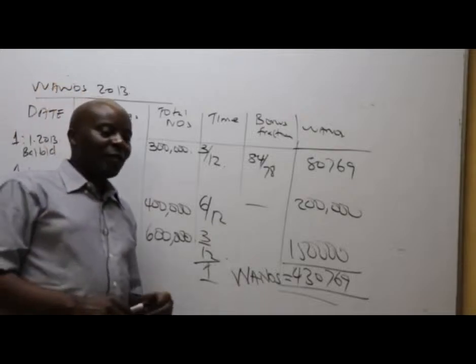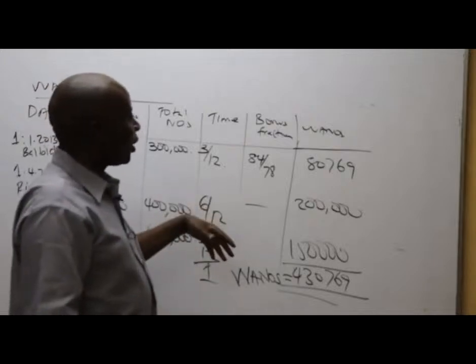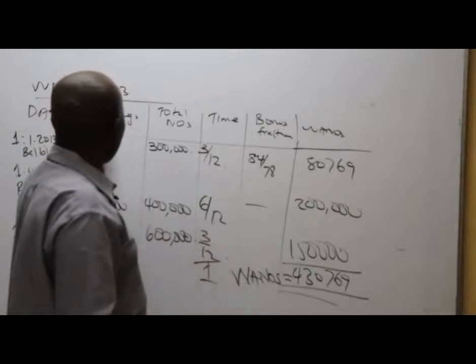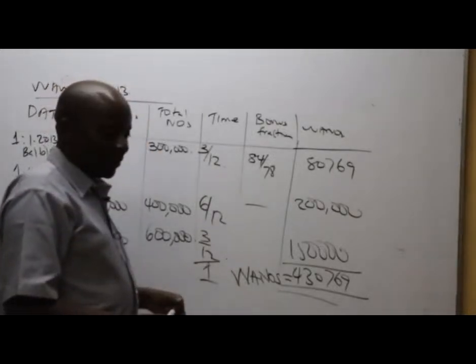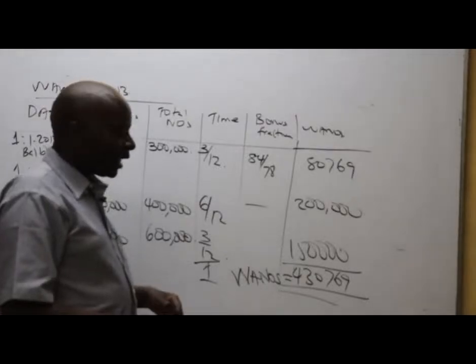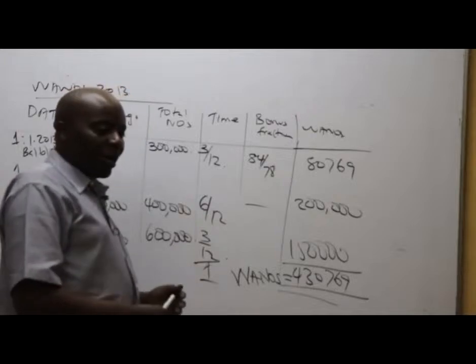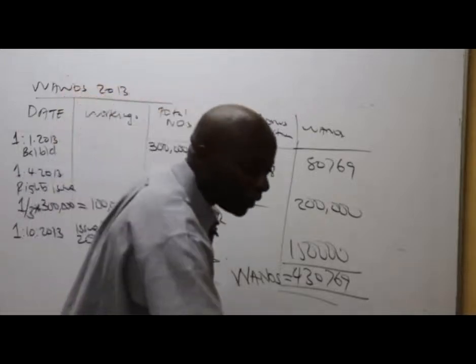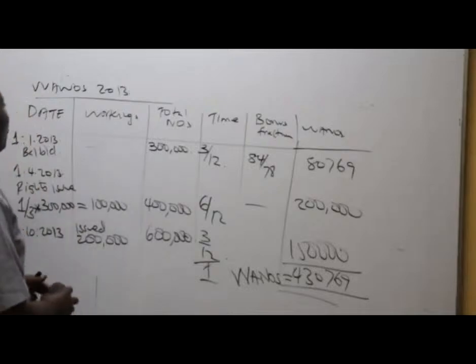So, ladies and gentlemen, we can even go ahead and finish this. If you wish, you can tell us the basic EPS in the year 2013. 430.77 in thousands, that is still correct. Now, from there, ladies and gentlemen, I would want us to rub this, and then we start calculating the one-nos